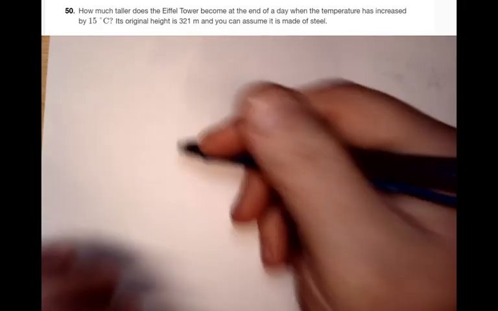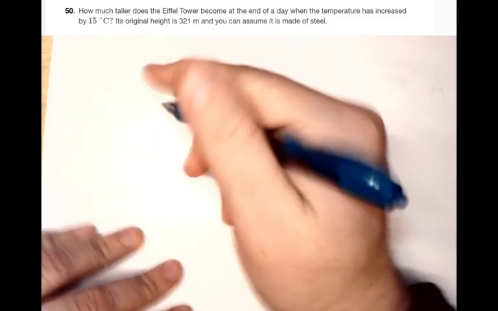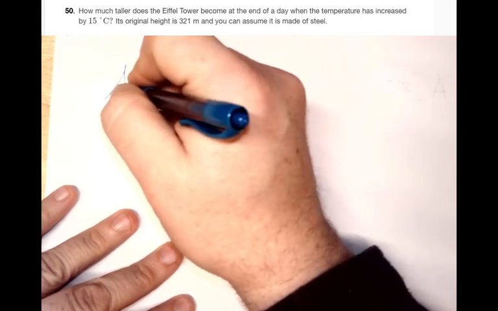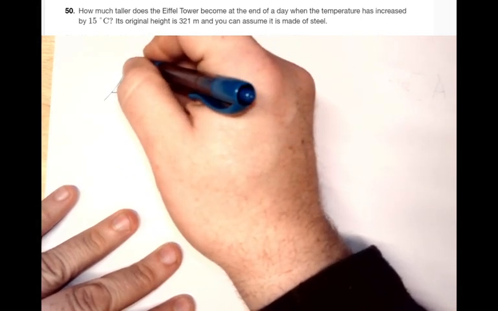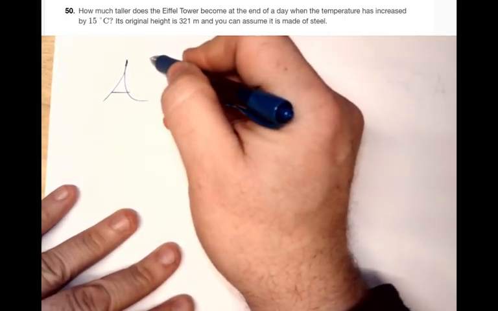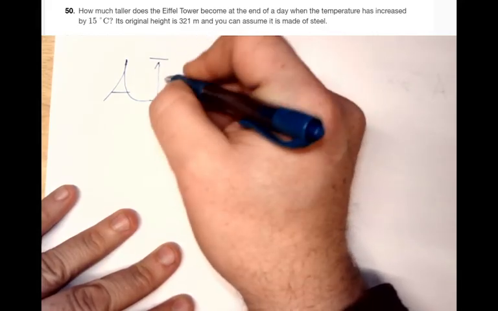So this problem we're going to do, we're going to look at the Eiffel Tower. It's made out of steel. And we're going to give it a certain length. Alright, and so you want to draw a picture. The Eiffel Tower kind of looks like that, and has an observation deck, it has some antennas on top. Alright, and we're going to talk about its length, which is at some temperature